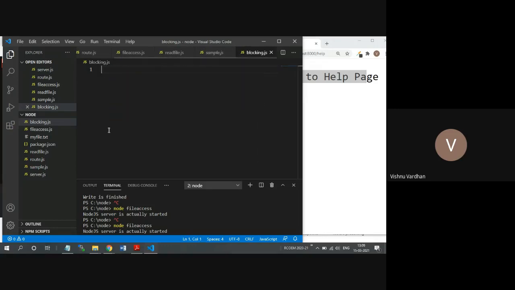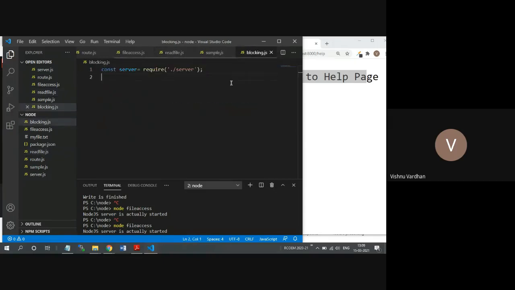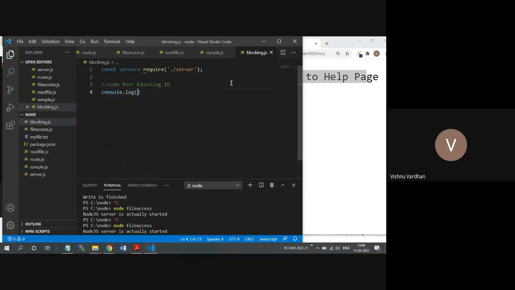What I'm going to show in this blocking and non-blocking demo is, first of all, we have to take the server because the server has to be launched. After server launching, we will write the blocking input output. Blocking input output means the synchronous way of doing things, which we will showcase in this console.log.